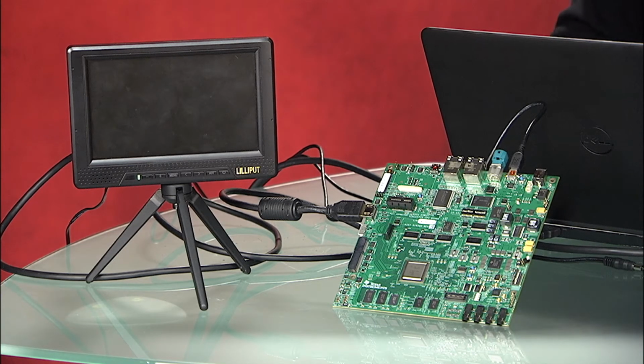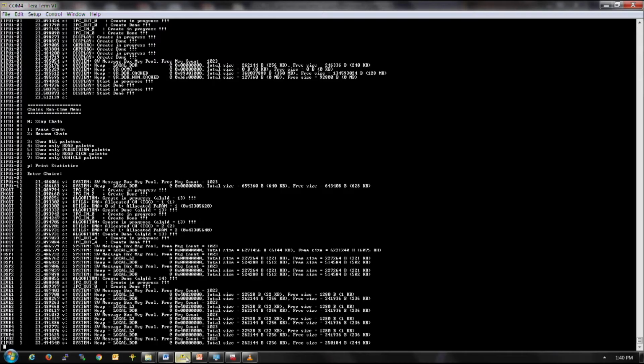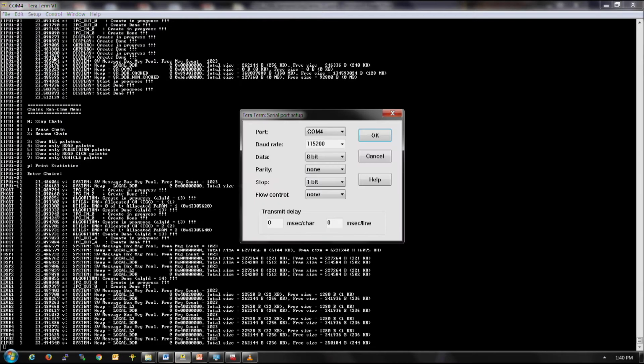Next, we need to open the serial terminal application on the PC and make sure it's configured with the right configuration to support the communication with the EVM. As you can see in my PC, I've already done that.